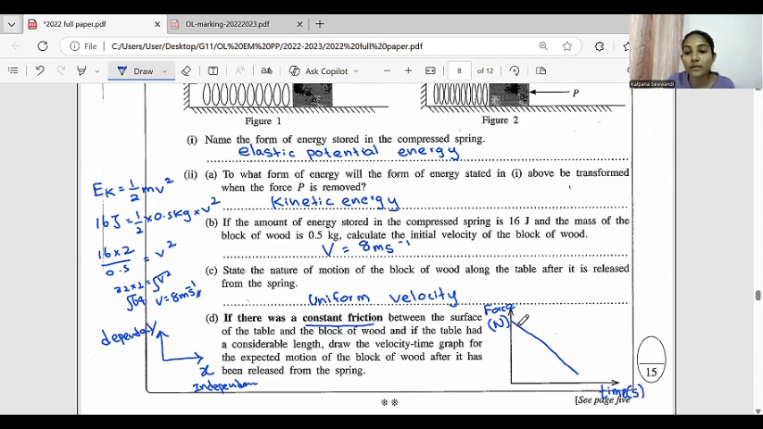And for plotting this graph shape, you are given 1 mark, as well as for labeling the axes, you will be given another mark. Okay,